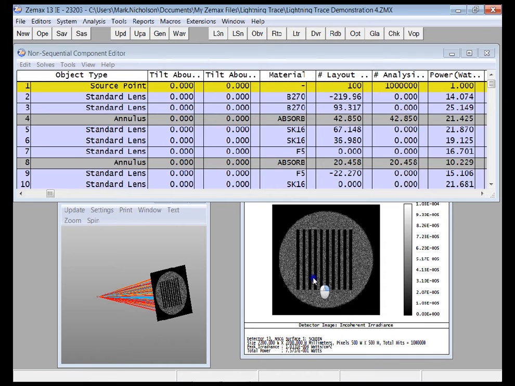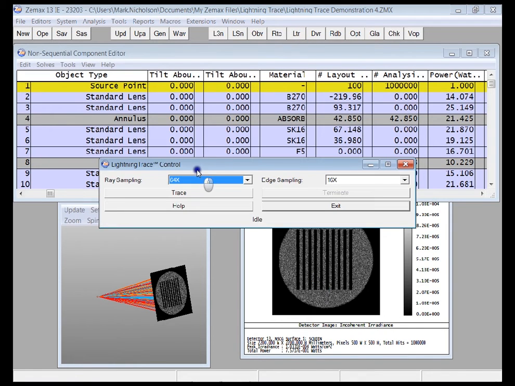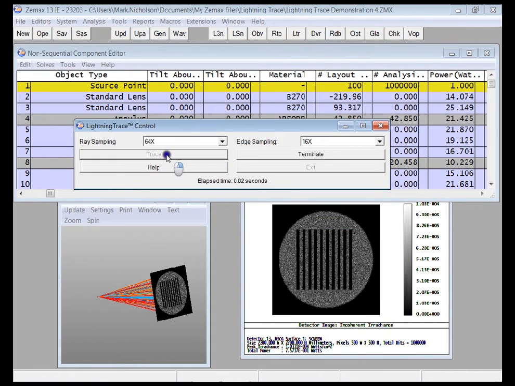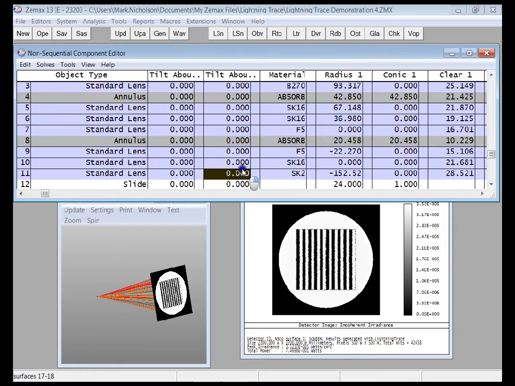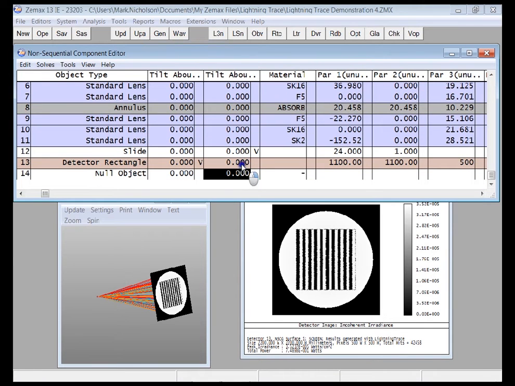Now, the benefit of LightningTrace, of course, is that it traces far faster than rays can. So if I just LightningTrace the same system and trace, then I get these results in 0.2 of a second compared to 5 seconds, and that's terrific. I mean, you get the same results in a fraction of the time. That's terrific. But where it gets to be particularly helpful is when you need to start looking at things like,